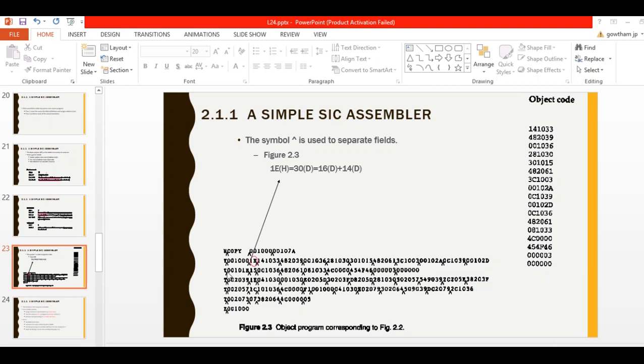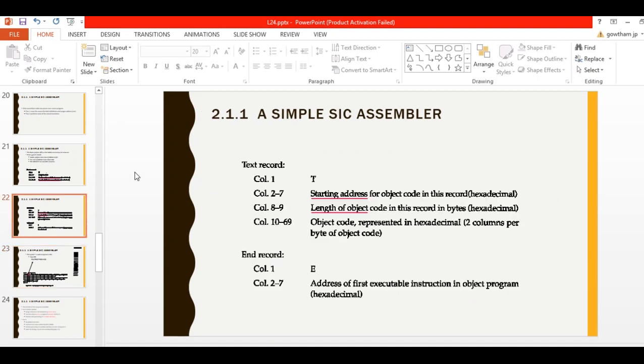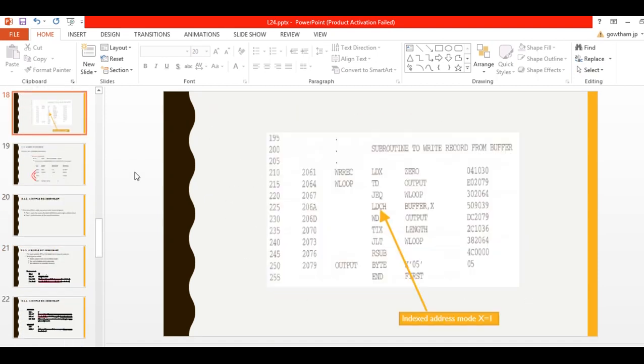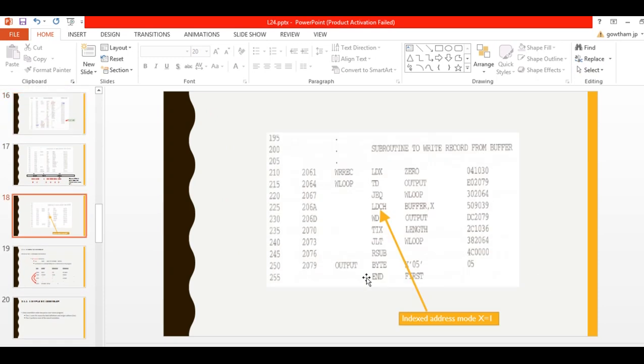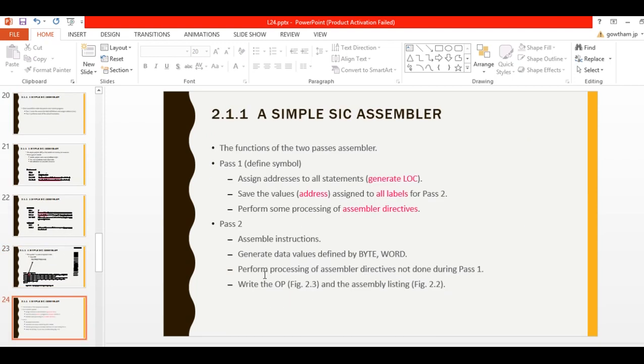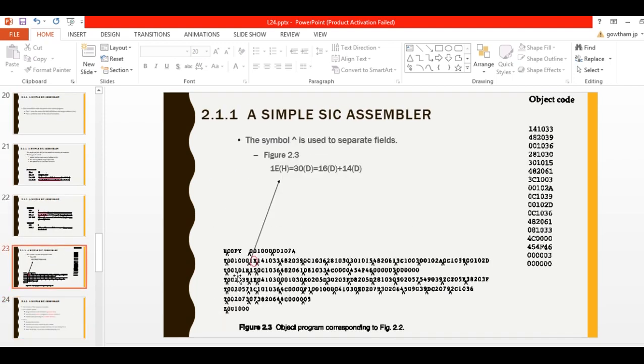Then write the next text record. Its starting address is 101E, starting with the object code 0C1036, and then you write the remaining ones.